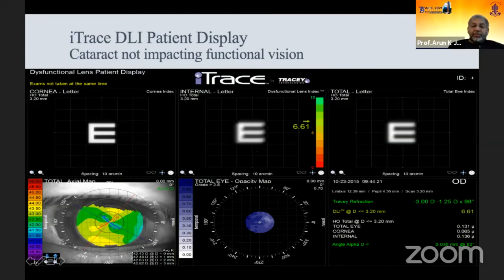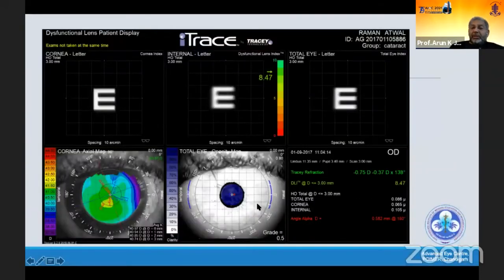And this is another, similar patient. Here the cataract is very minimal, 0.5 grade, and the index is also quite high, near normal, and the reflection is in green, but here angle alpha is more. So maybe later in life, we may choose not to do a multifocal. Time and again, we have said the role of angle alpha and kappa, and maybe an aspheric or a non-aspheric or aspheric neutral IOL.